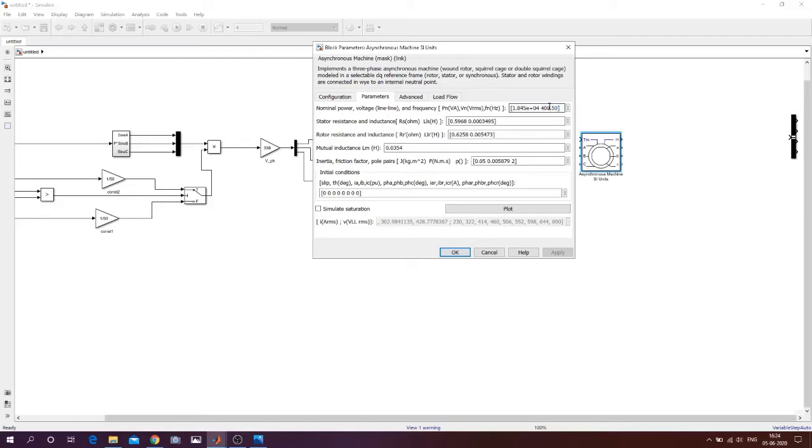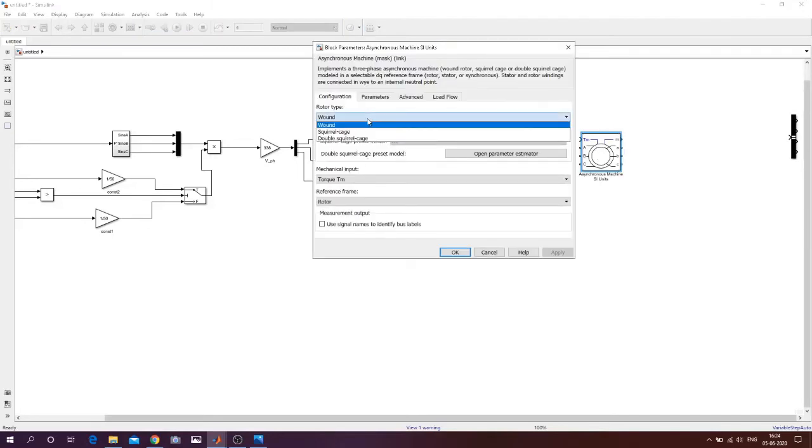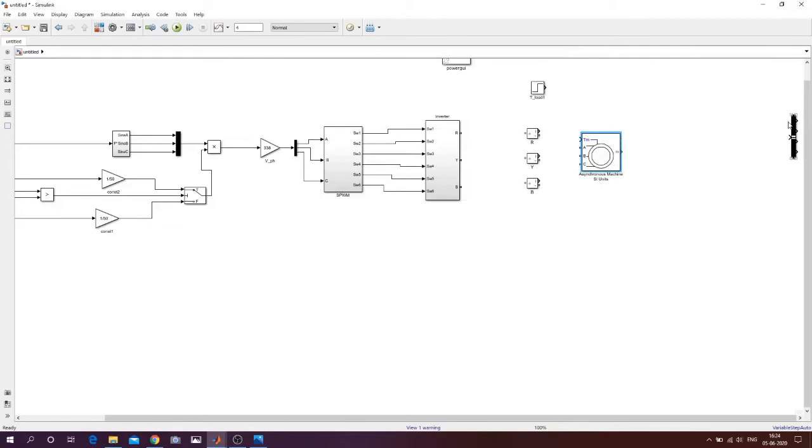So whatever inverter voltage I have selected, for that I need 415 volt over here. You can have your own voltage, and just check that your motor should start from 0 speed. That means the slip of the motor should be 1. Just make these two arrangements in your simulation. In my case it is a squirrel cage motor, because I don't want any rotor side access. You can keep it as slip ring also, and then you short circuit that one, right?